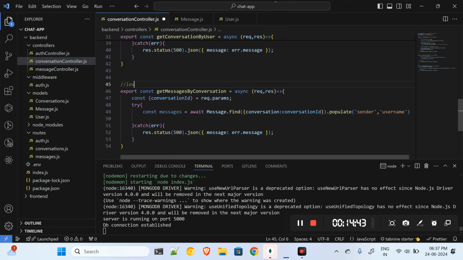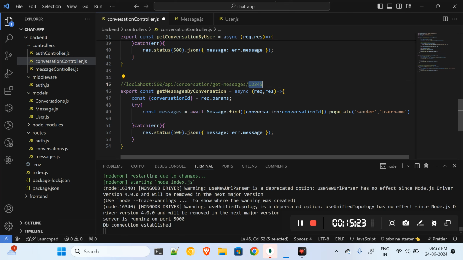So it's a localhost 5000 API, then conversation, whatever that is, and get messages or something. And over here, we will be passing this conversation ID via the route. Okay, so 1234, whatever it is, I'm just passing this conversation ID over here, and this conversation ID is coming as a params. Okay, so I'll cache this conversation ID as conversationId like this and pass it